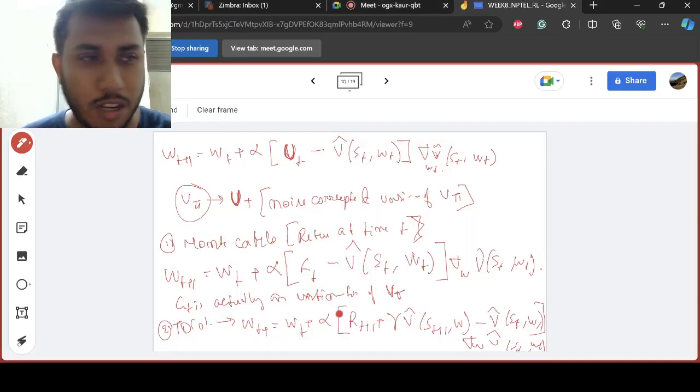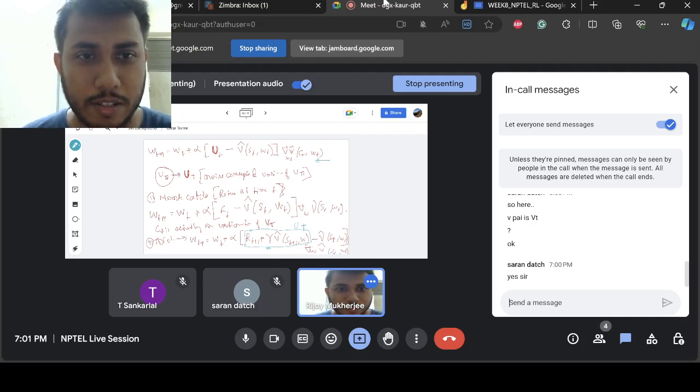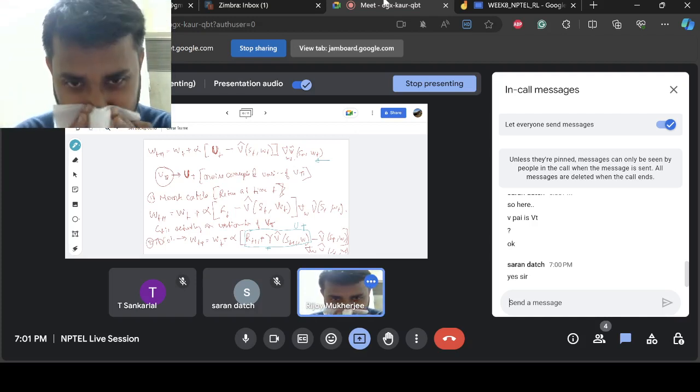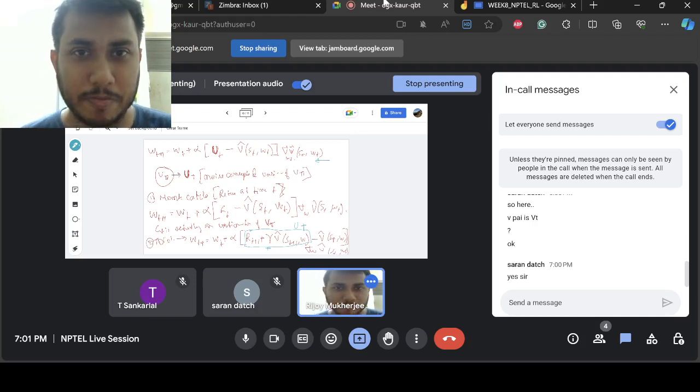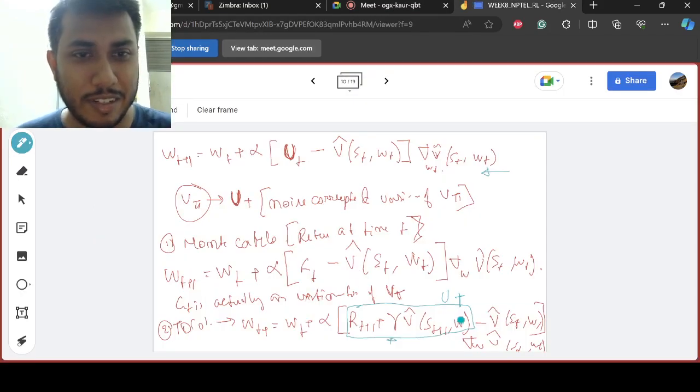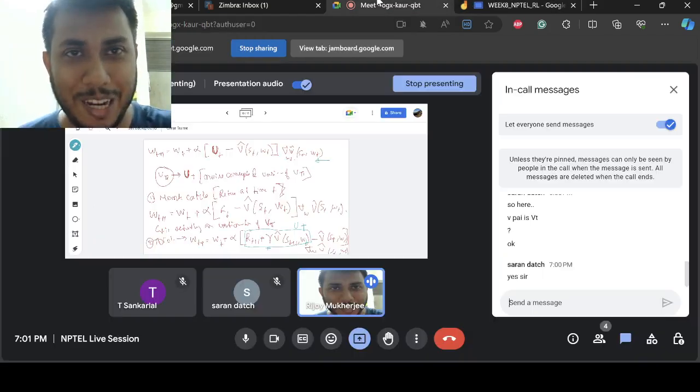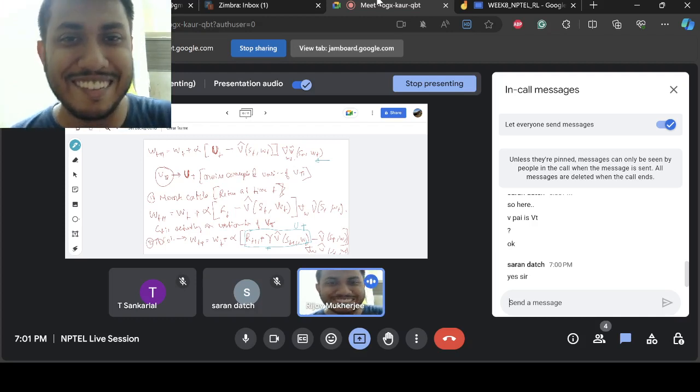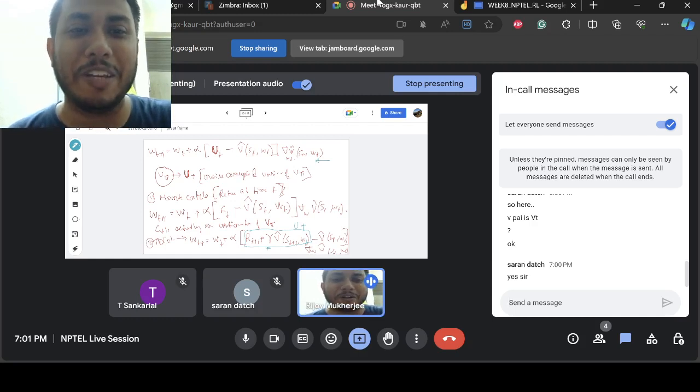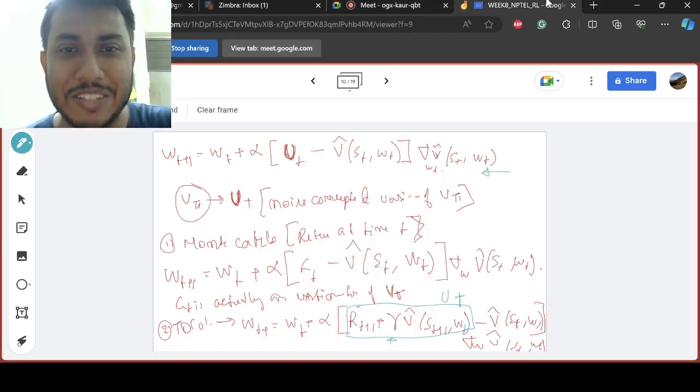So this is typically your U_t, right? Now can you apply gradient descent on this and assume that this part will be zero? Can you do a partial differentiation of this with respect to W_t and assume this part will be zero? Right, so typically this will not work. Here gradient descent will not give you the correct result, because this is not an unbiased estimate of